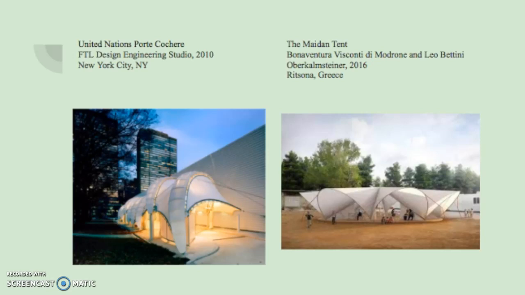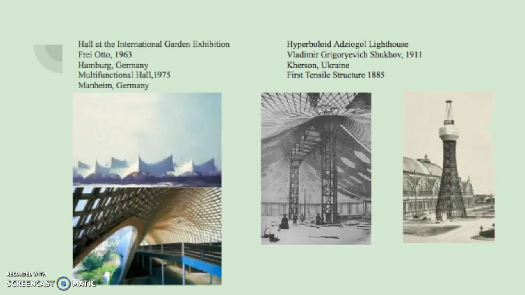But these non-permanent structures, or these less permanent structures, I should say, can be made permanent with the same concept by taking woven steel, or for example, taking the tensioning of a fabric membrane system, like you use wires or cables. You can make very, very permanent structures out of this. The first example would be in 1885. Vladimir Georgievich, I cannot pronounce Russian names, Shukov, he made the first hyperboloid Adziogo lighthouse, which was a tensile structure,